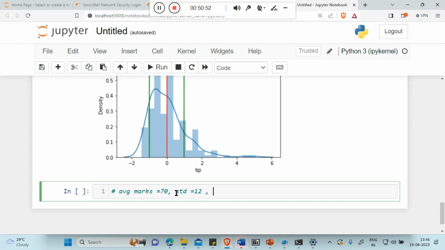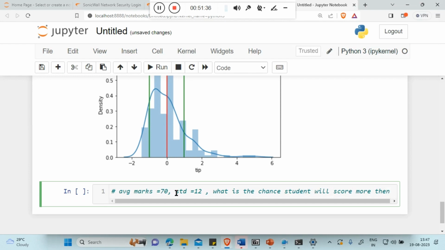So that actually means I'm talking about the continuous probability distribution, and I'm assuming the distribution is the normal distribution. So you can take the Z in that case. Just assume that you conducted a class test, their average marks is 70, the standard deviation is 12. Now I want to know what is the chance the student will score